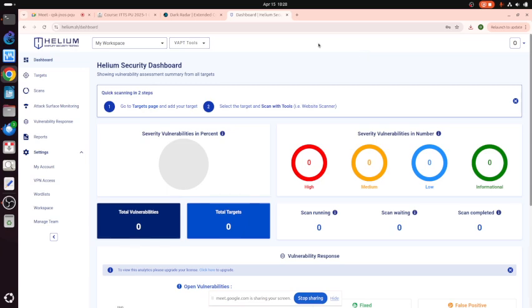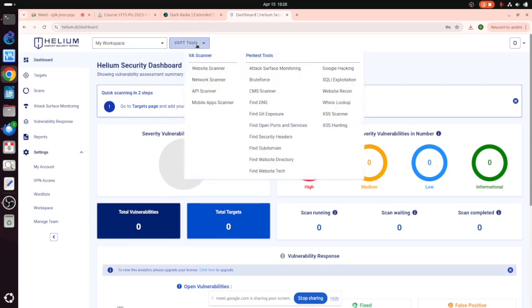Okay, for example, this shows you how to do these things. It has several tools here. For example, it can scan websites, network, API, and mobile apps.